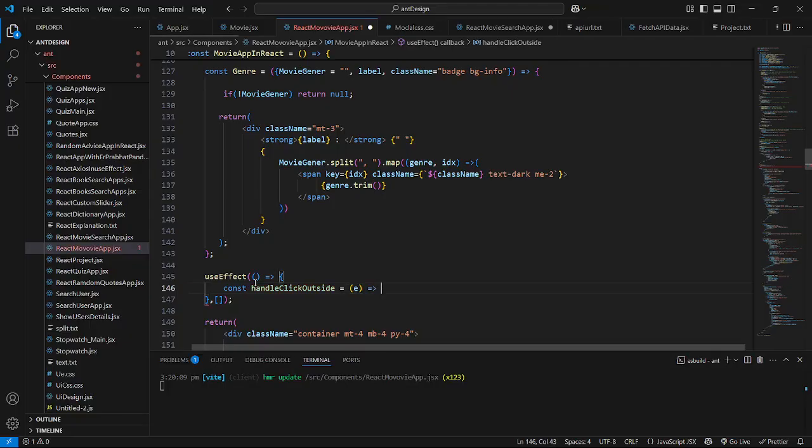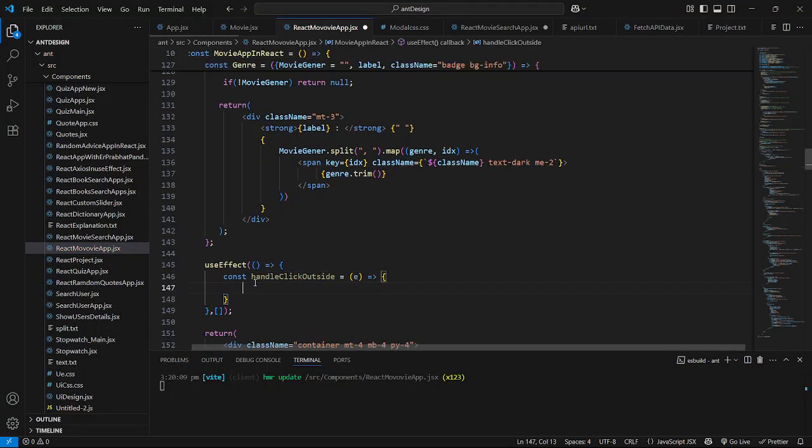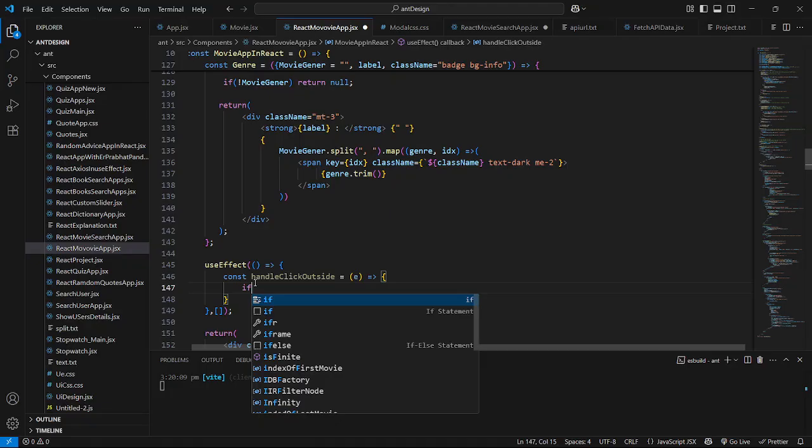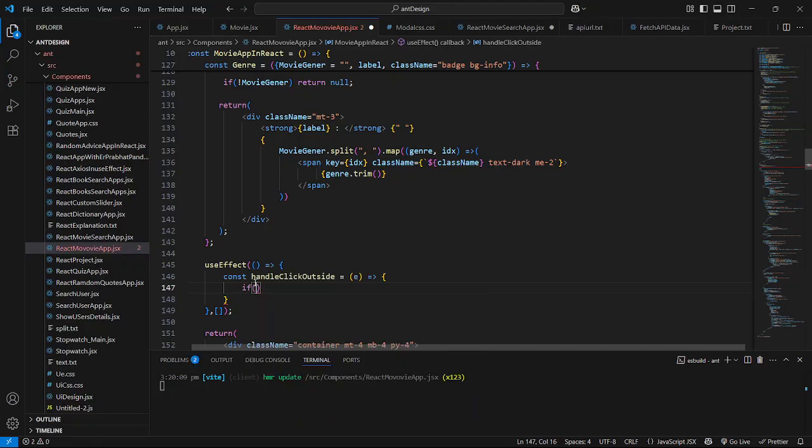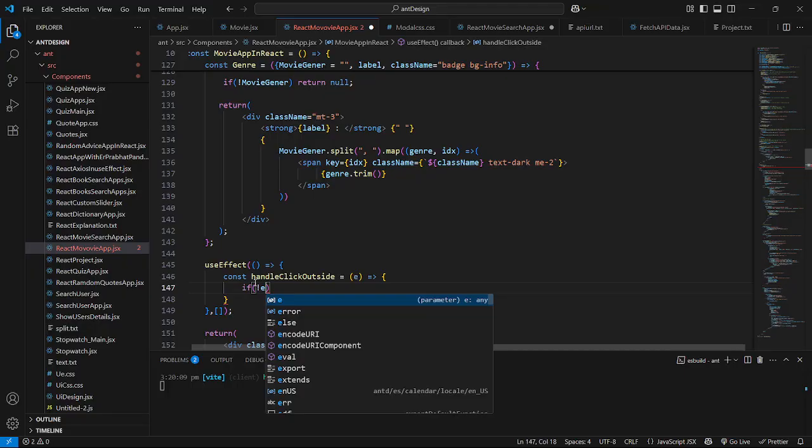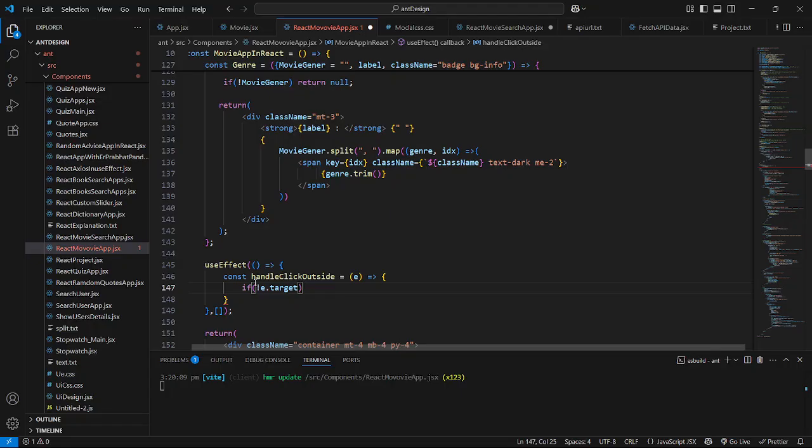I'll use the filter function, and I'm very sorry guys for the background voices. I'll check it using the if method. I'll say if not event.target, the element on which the user has clicked,